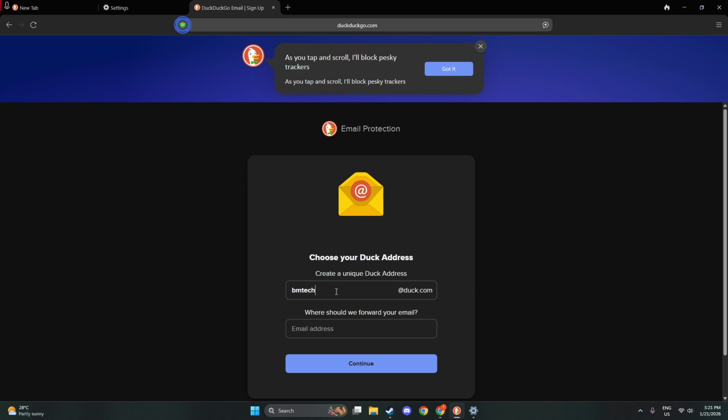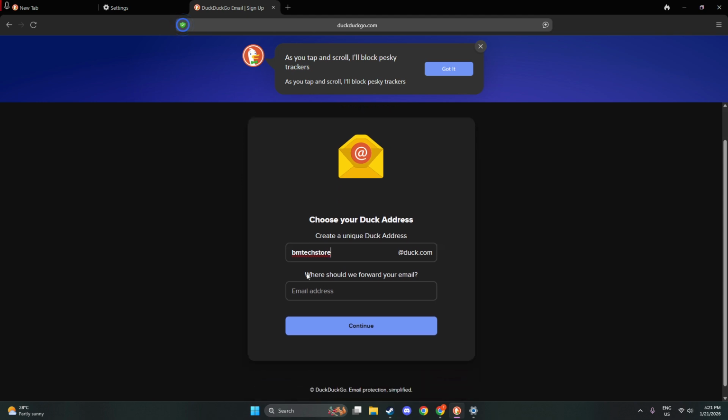After that, enter the email address you want messages forwarded to. This is your real, everyday inbox, the place where you already read mail. DuckDuckGo will forward messages there and strip out hidden trackers along the way, giving you more privacy without changing how